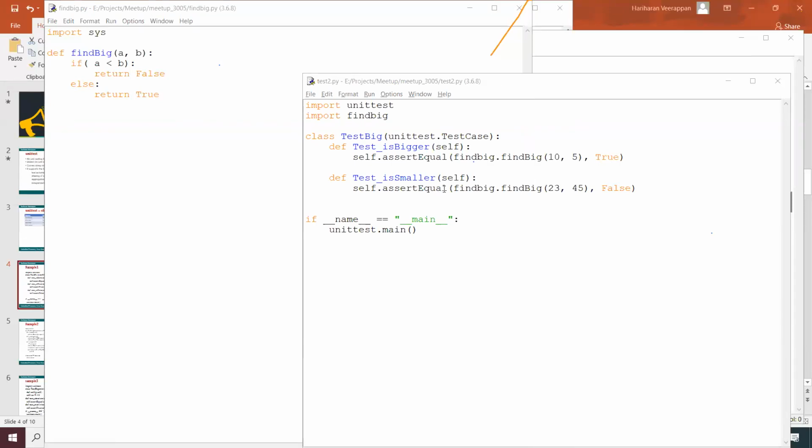Assert self dot assert equal over here. This should be fine.